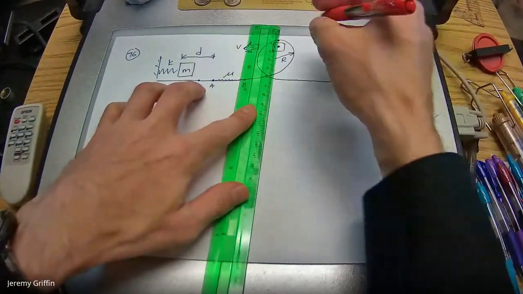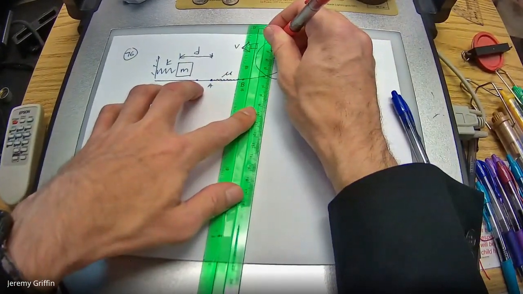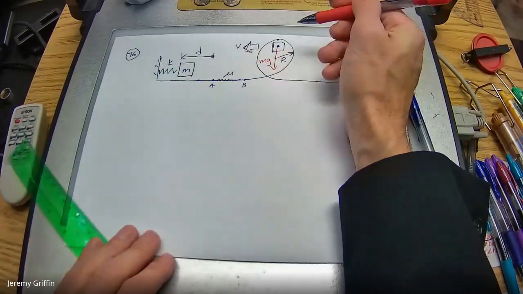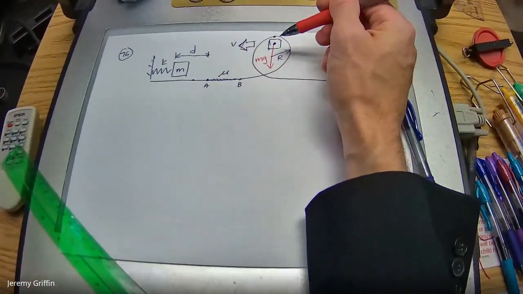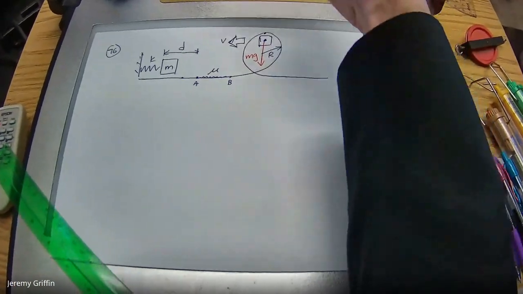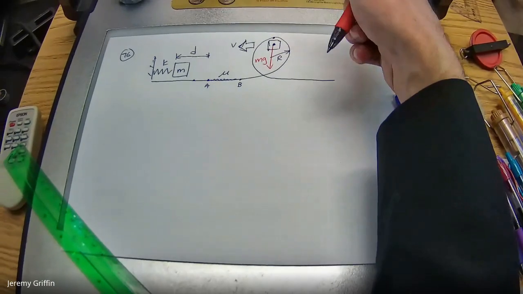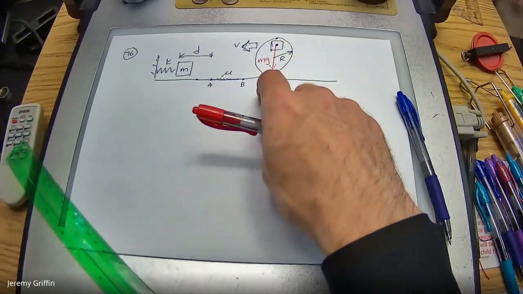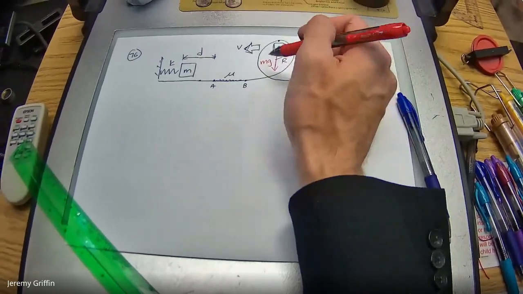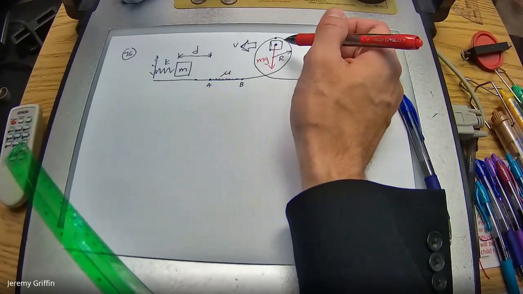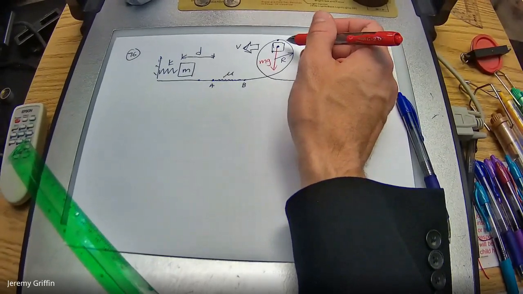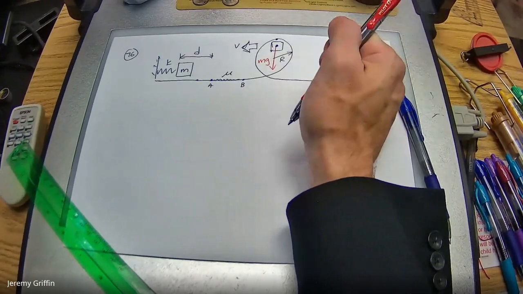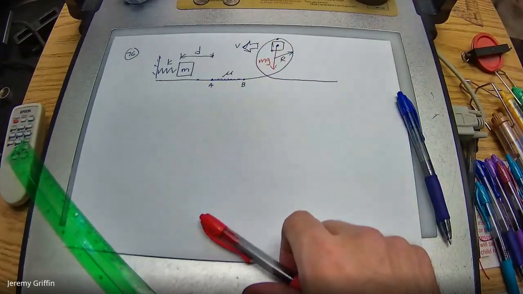I mean, the block's got a weight, right? Call it mg, or free body diagram force, mg. Okay. And if it's going around with sufficient speed, isn't there also a normal force from the track pointing which way? Also down, right? But we're not solving for sufficient speed. We're solving for the case that it just barely gets around. If it just barely gets around, do you think the normal force on the block would approach zero? So actually, this would be the entire free body diagram for the case that we're interested in.